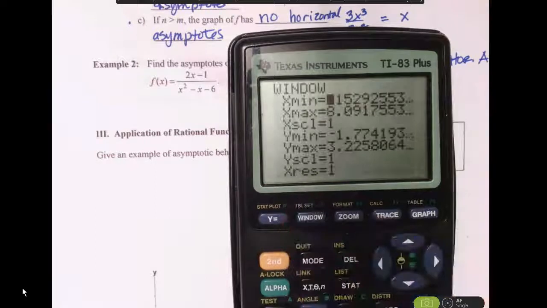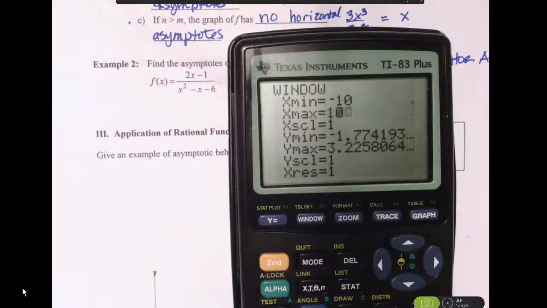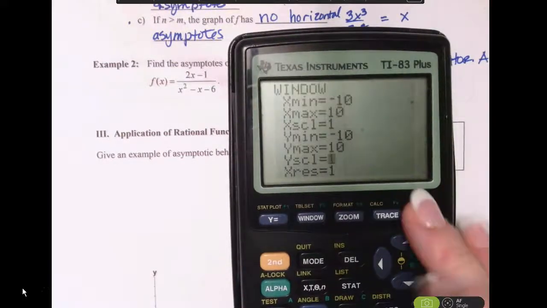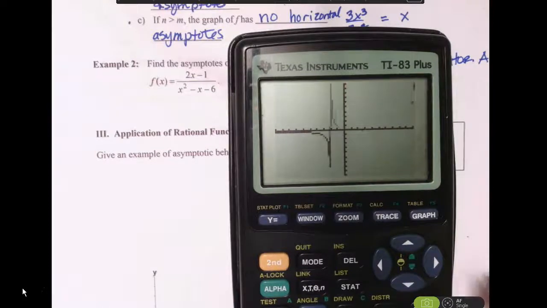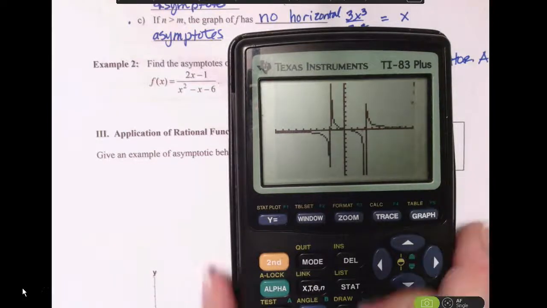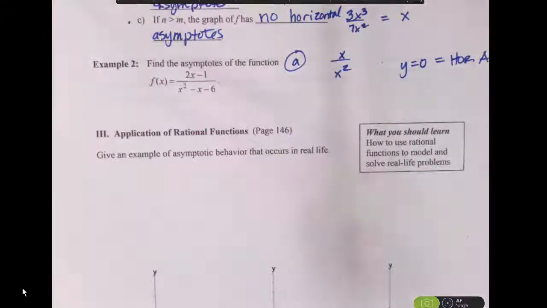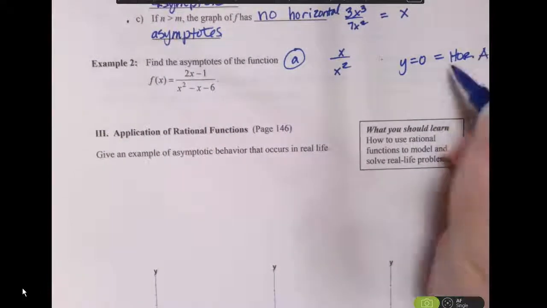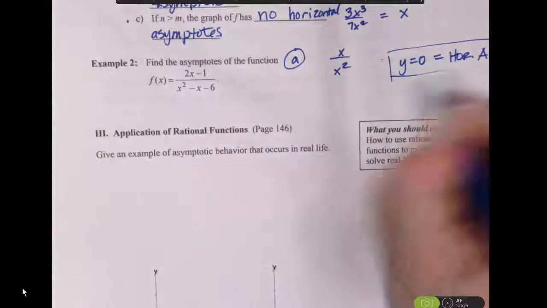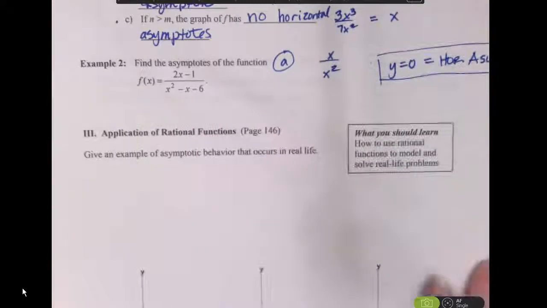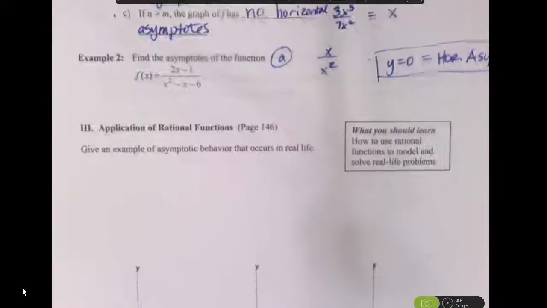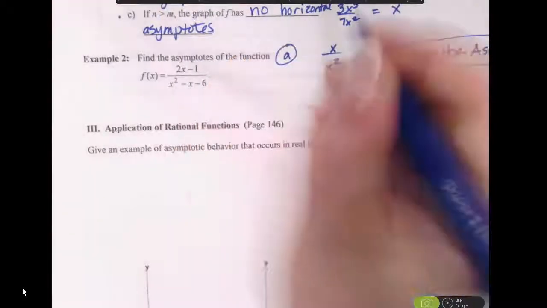So let me go ahead and change my window a little bit. And then let's explore those vertical asymptotes now. I can kind of see there's one over here on this side and one over here on this side. So what I neglected to do, we figured out the horizontal asymptotes, but we didn't look at what the vertical asymptotes would be. And to do that, we have to factor